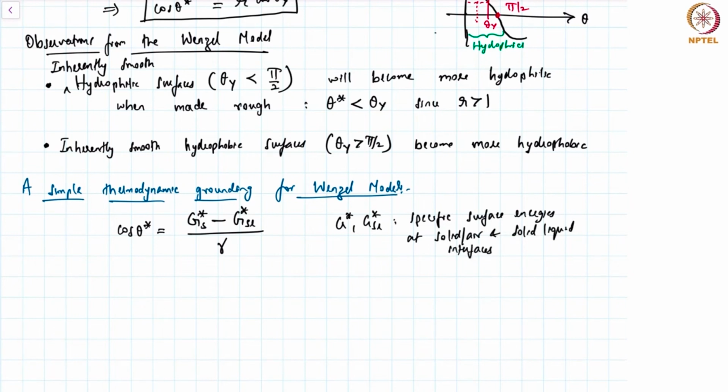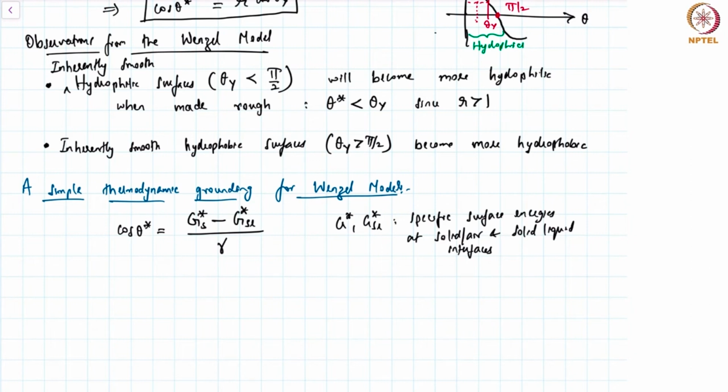Now notice that if this was a smooth surface, then the specific surface energy is nothing but surface energy per unit area. These are just the surface tensions of the solid and the solid-liquid interface. This theta star essentially becomes the Young's angle, correct? Now, because we have